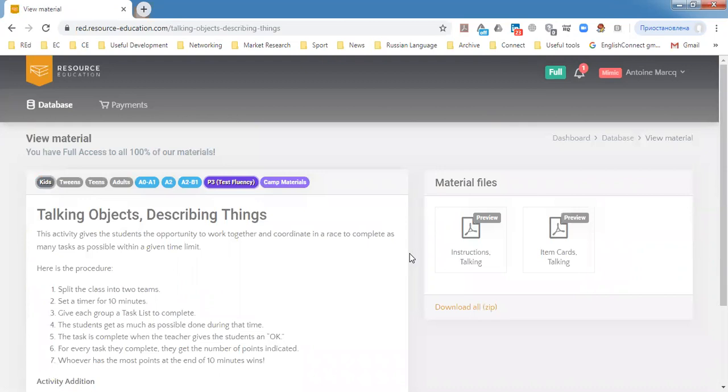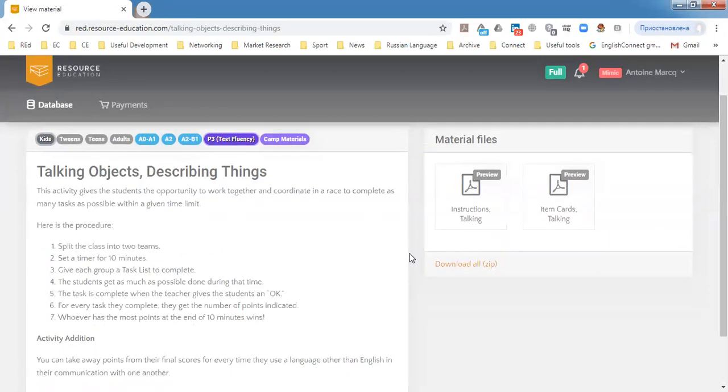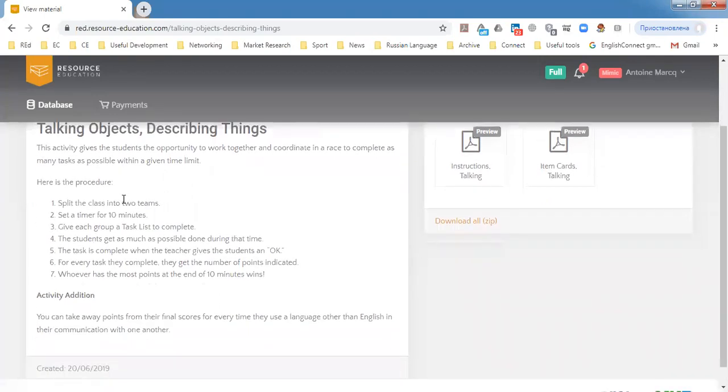The last P3 I'd like to show you is talking objects. So this is a very basic activity for describing things. It's a lot of fun. You see that it can be done at a lot of different levels, A0, A1, A2, A2B1. Talking objects is a lot of fun. What's going to happen here is basically you're going to tell the kids that,